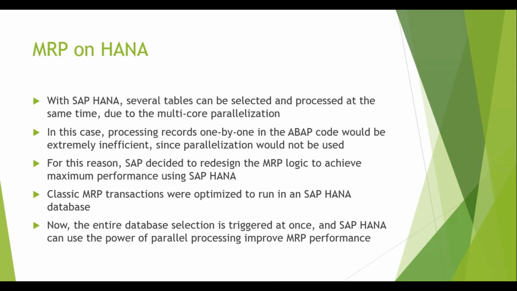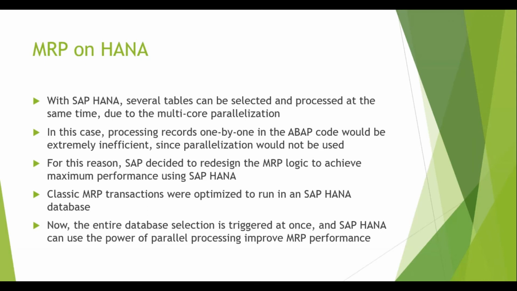This means in the ECC system, if you are using a HANA database. Same ECC means, as you know, SAP HANA can be deployed only on the latest versions of SAP ECC. It doesn't mean it can work on ECC EHP 2 or 3. I think it is only supported on EHP 7. So if you are running an EHP 7 system on a HANA database, you can utilize this feature of SAP MRP on HANA. What is the difference here?